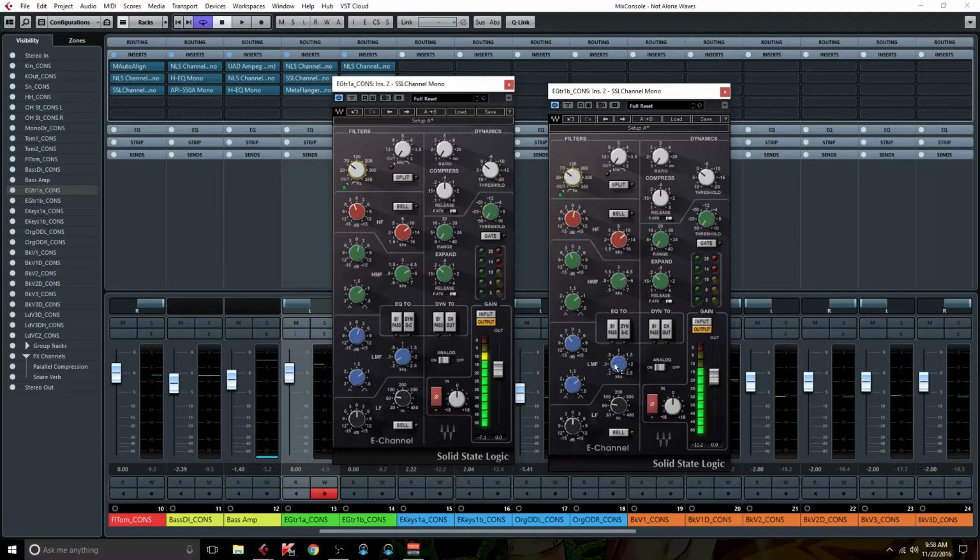So you can see it's the same frequencies, but where I did a cut on the left side, I did a boost on the right side. That's called complementary EQ, and that really gives you some separation in your mix, and it makes things sound a little more clear and a little bit wider even. Not that I'm really going for a real wide thing, but I want these to sound